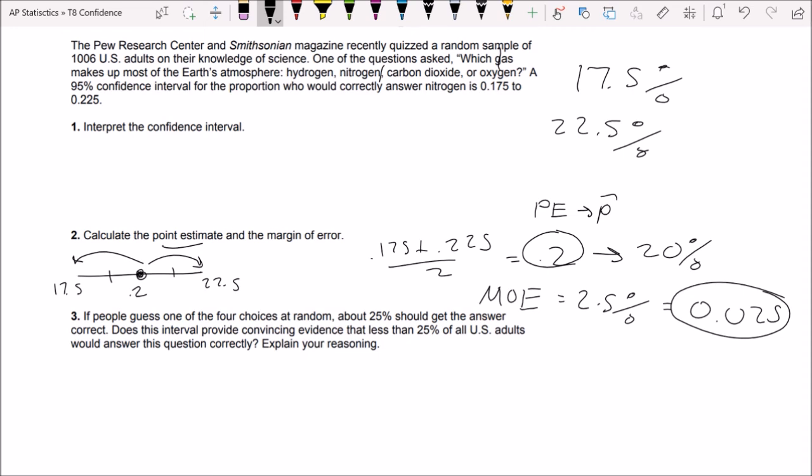I want you to think about this more as a question where it asks, would it be surprising if 25% of people answered it correctly? Because that's a type of question we've had a lot. And we have to think about what the confidence interval means. At a confidence level of 95%, we are 95% sure, let's do it on a number line. So if this is 25%, we are 95% sure